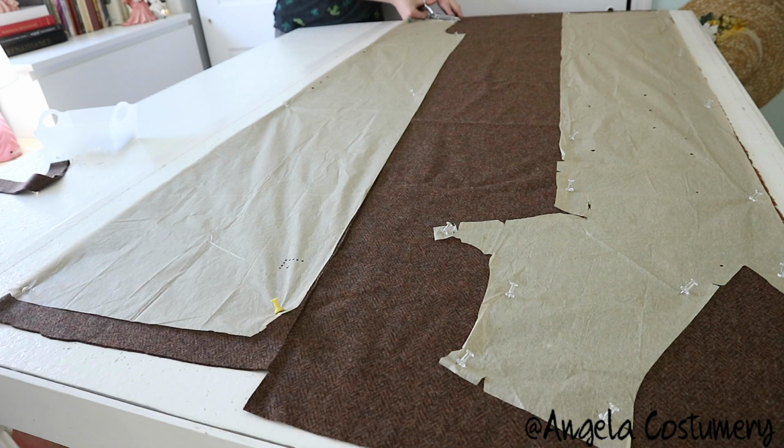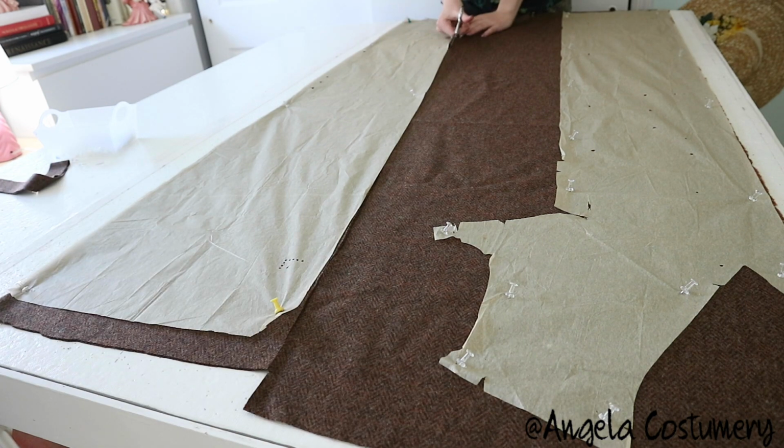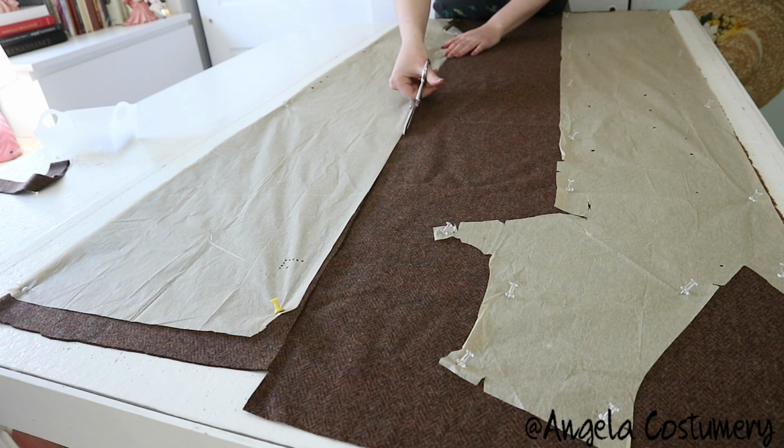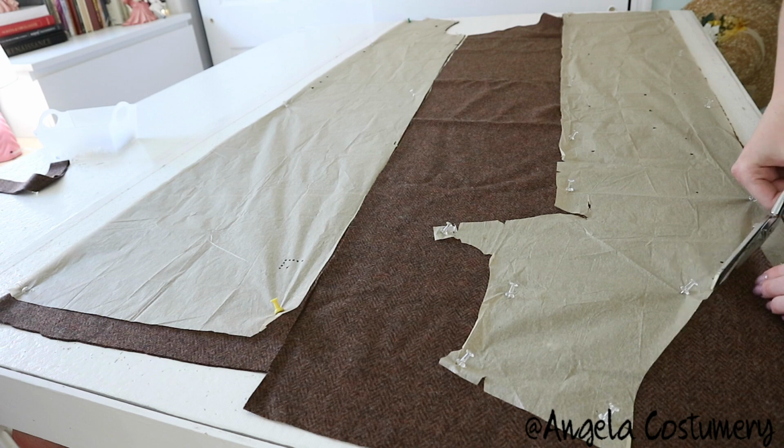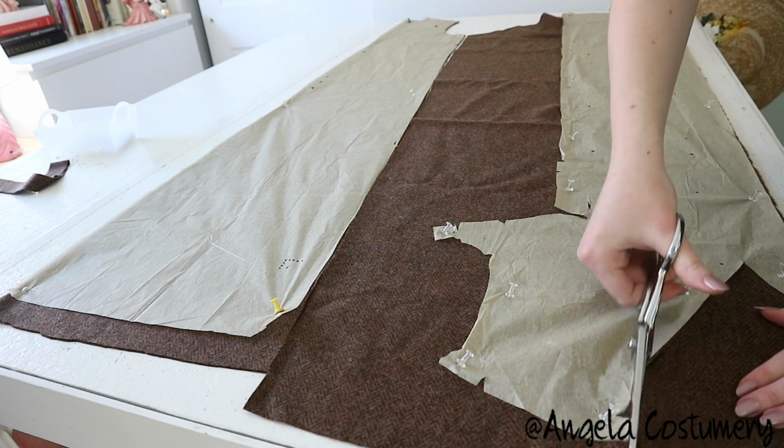Now everything was cut out, and I added a little more than an inch onto the hem of the panel so I'd have room for a wider hem. I also made sure to clip every notch. These weren't quite as crucial as the ones on the Edwardian skirt, but they definitely helped make sense of the construction process. Since I have quite a bit of footage to play here, I'll go ahead and read you their